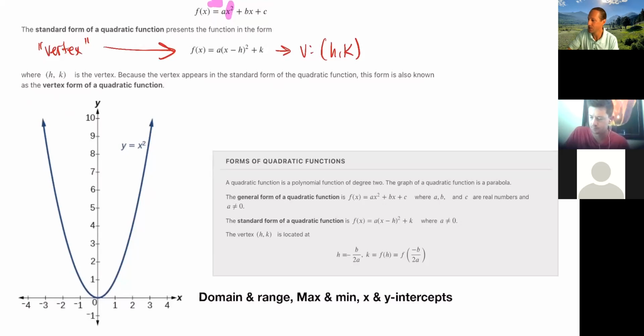Now, this is a little thing that I will mention a little bit later, but Taylor wanted to make it a point. Notice that they said that the H, if it's in this form, is equal to negative B over 2A. And the K, we could just plug in the H into our function, whether it's there or those two spots, to find our Y value. All right, so I'll go over that a little bit more,